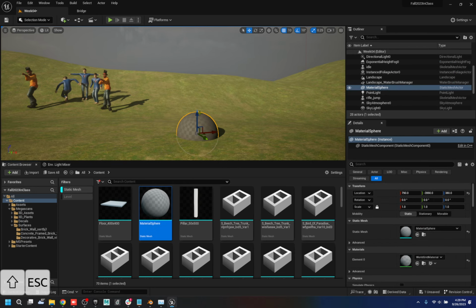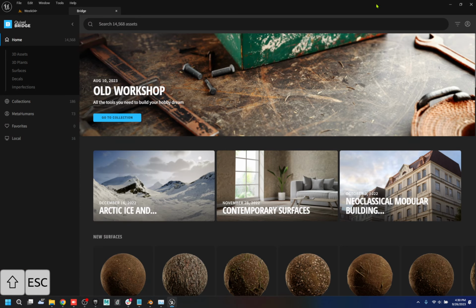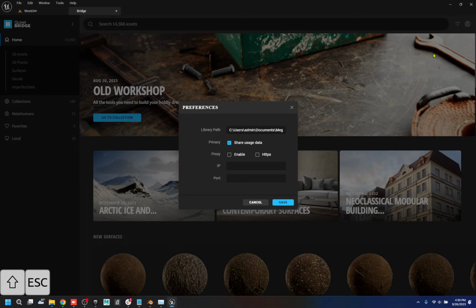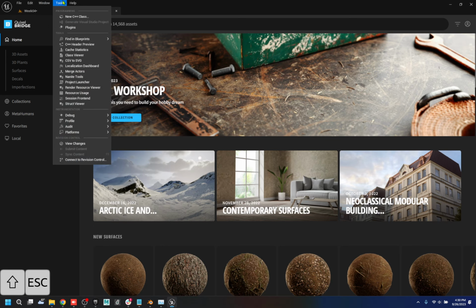That seems good to me. So if I go back to my Quixel settings, I can look at my preferences. Where is it? Tools, open marketplace,